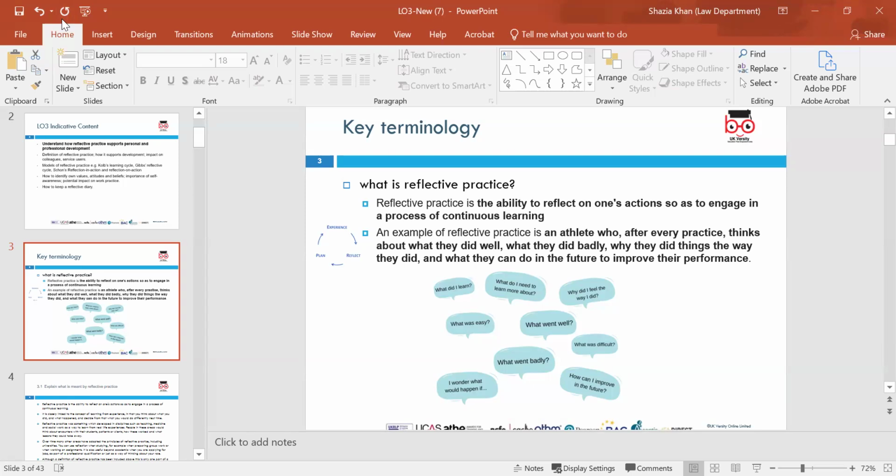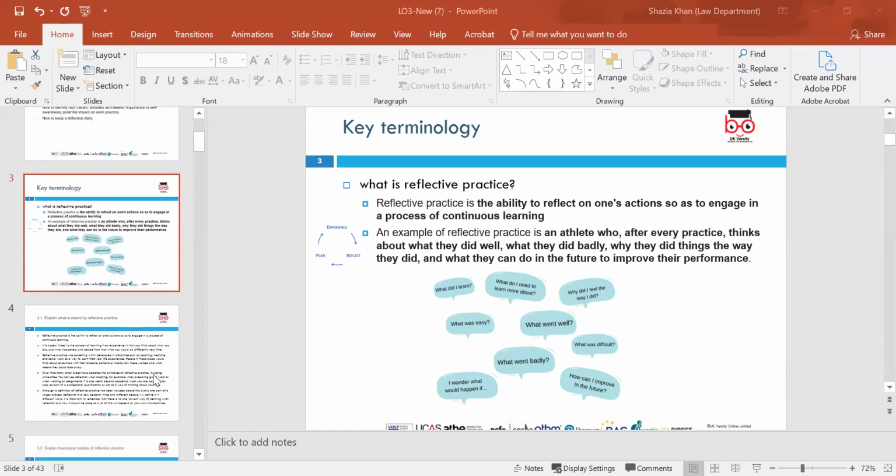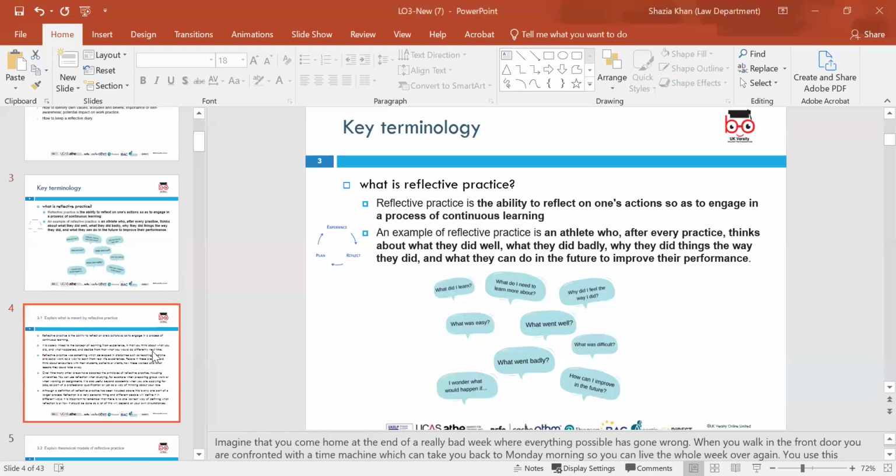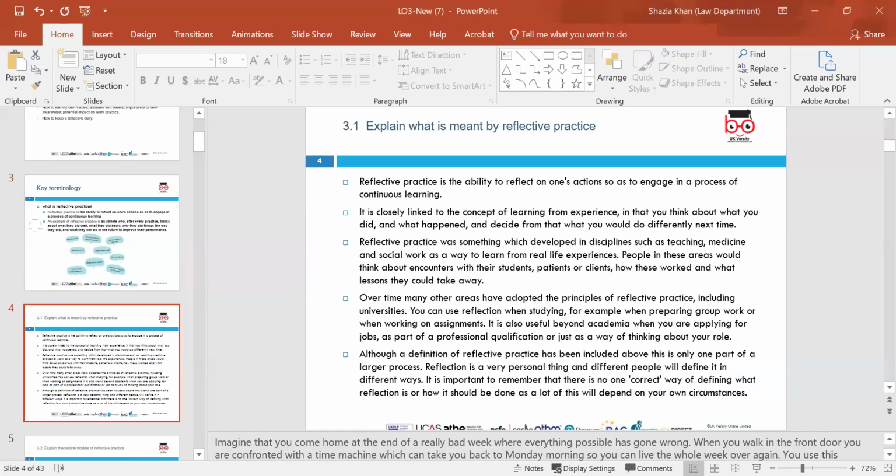As you reflect, you get to know your lapses and you get to know your strengths. Where you think you are lacking, you try to work on that. Where you think you did well, you try to do more, maybe to challenge yourself, not to impress any other. So reflecting has its benefits and it has its drawbacks as well, but reflecting really helps someone. It's really important because it helps people understand where they're going wrong and what they should be doing.